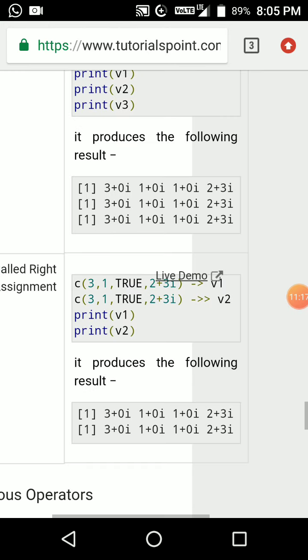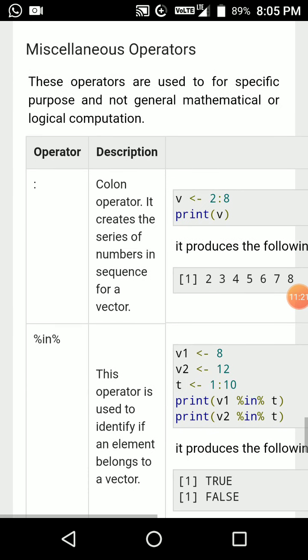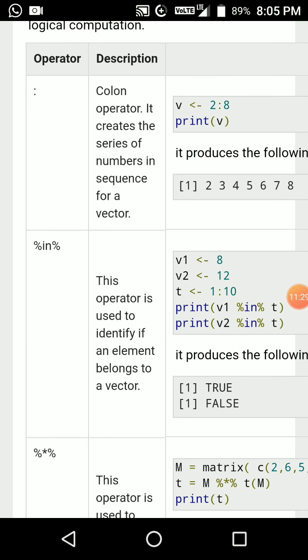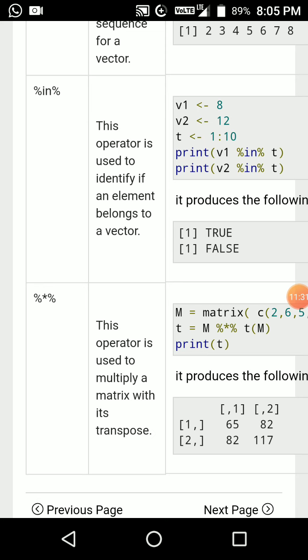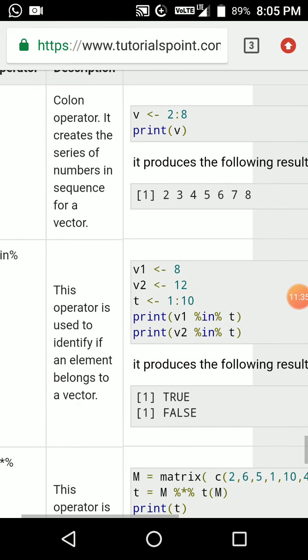Coming to the next operator, the miscellaneous operators. Miscellaneous operators include colon, %in%, and %*%. Colon means here we type 2:8.